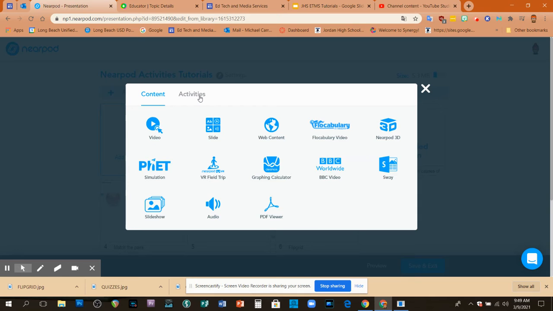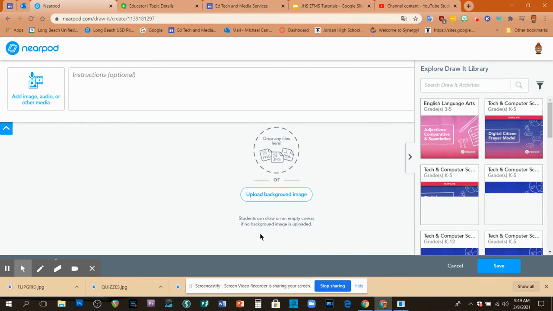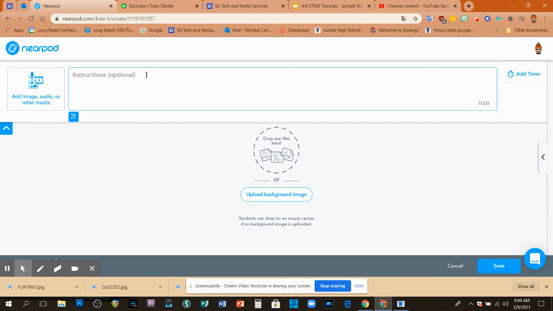And then what we're doing right now, which is the activity. So we're going to do draw it. So we're going to click on it, and then it will add it. And then we just do some instructions. And what I can do in the instructions, or what I'm going to do here, is I'm going to go,